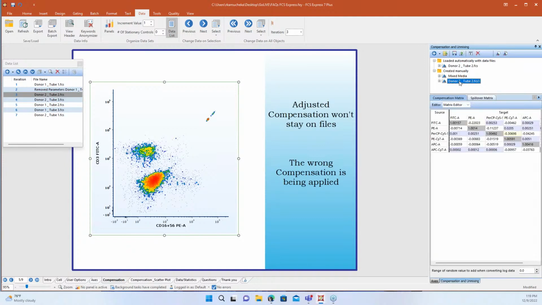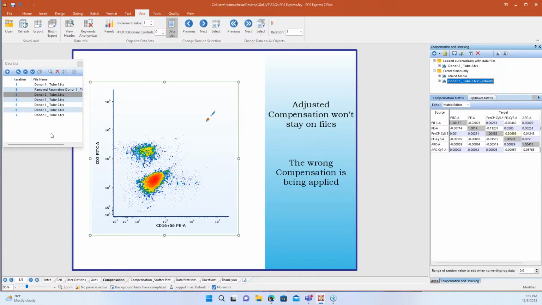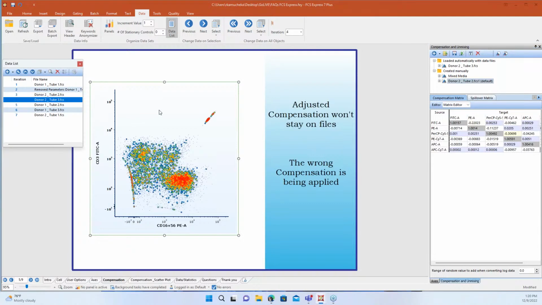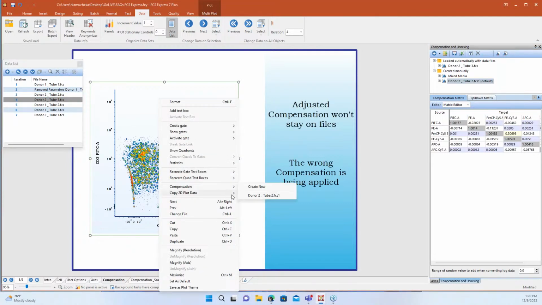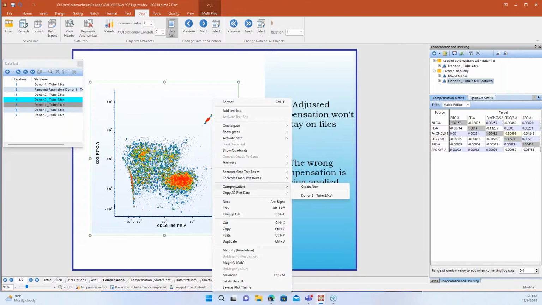And then there's one more step. You have to manually set this to default, right? And once we set it to default, it won't matter where I go, what data file I'm looking at. When I right click, I'm going to see this second compensation here that's under my created manually. See, now it's donor tube 2, FCS1. That's the name that it gave me when I moved it to my created manually folder. So now you can see that no matter which file I'm using,